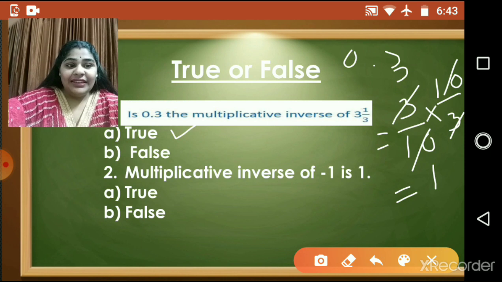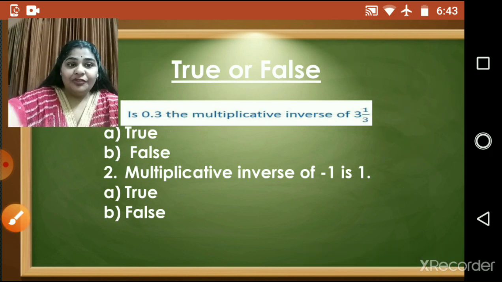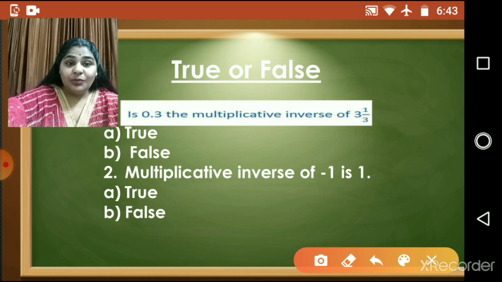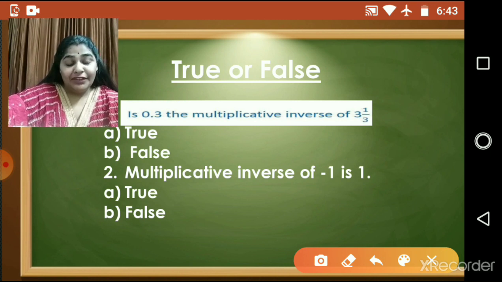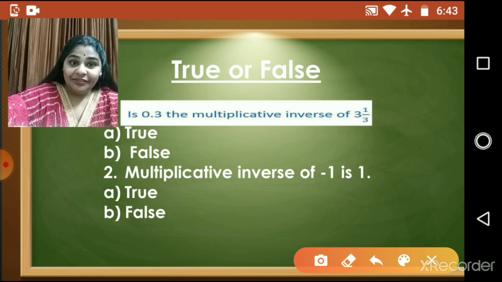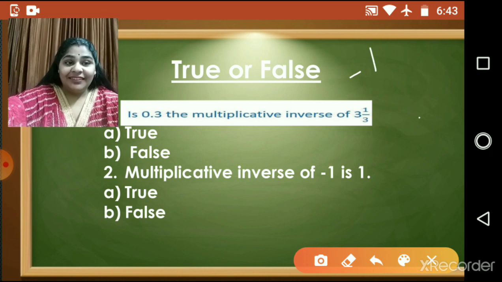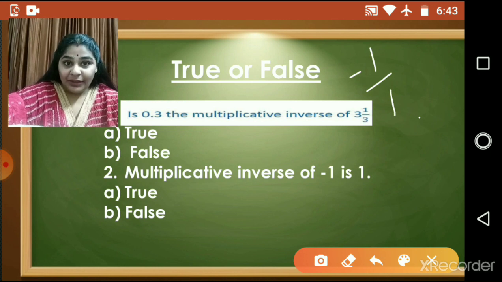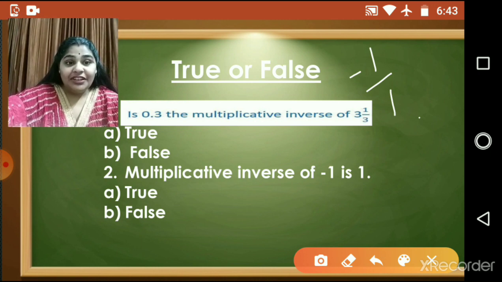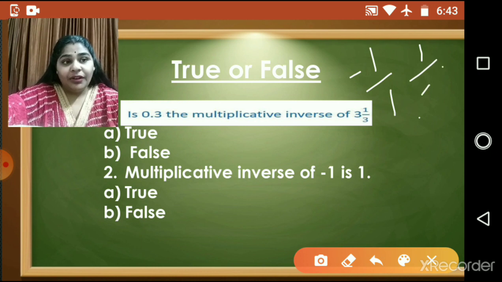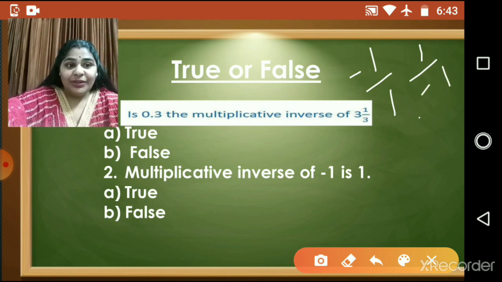Right? Next one is the multiplicative inverse of -1 is 1. If negative is given, will the multiplicative inverse be positive? Now this you have to think. Suppose I write -1. And if I want to write it in the form of P upon Q, it will be -1 upon 1, children, right? If I want the multiplicative inverse, I will shift the numerator to the denominator and the denominator to the numerator. So it will be 1 upon -1, right? So anyhow it is again false. It cannot be 1.